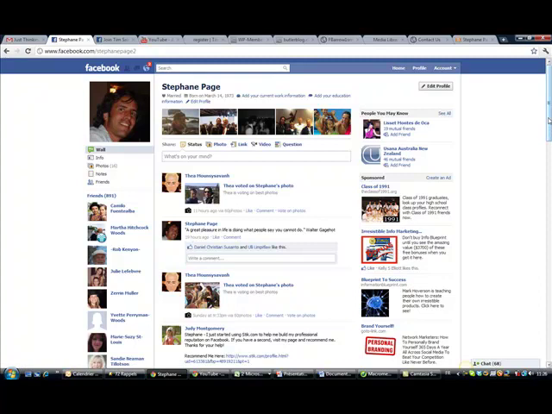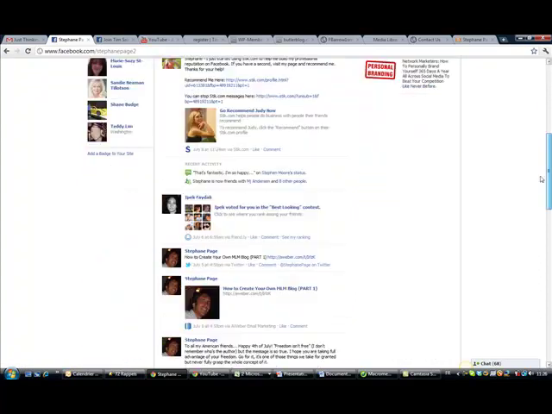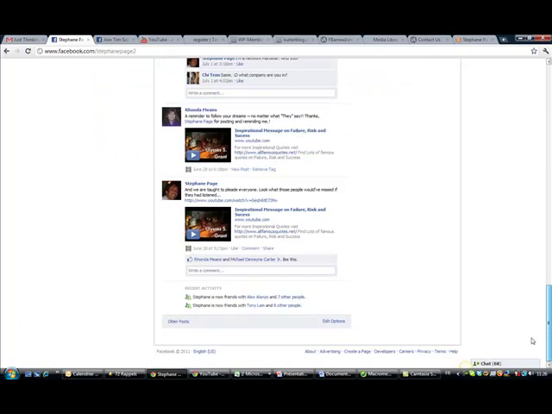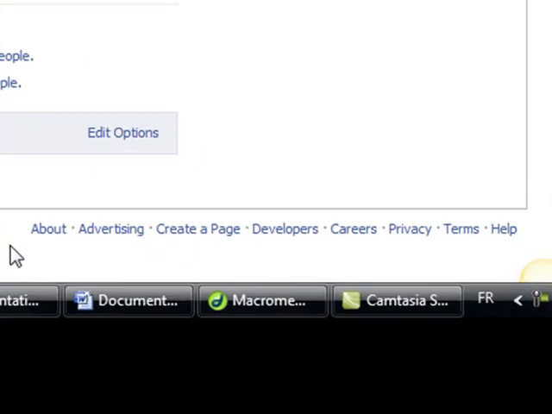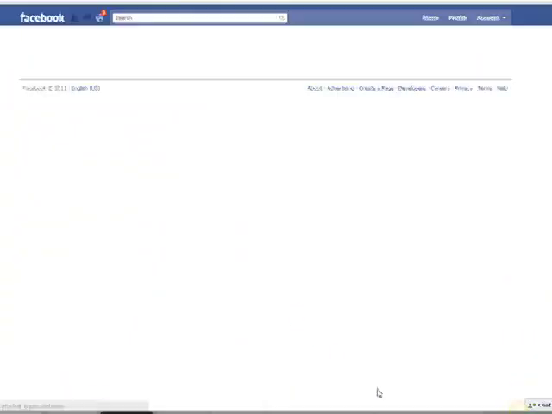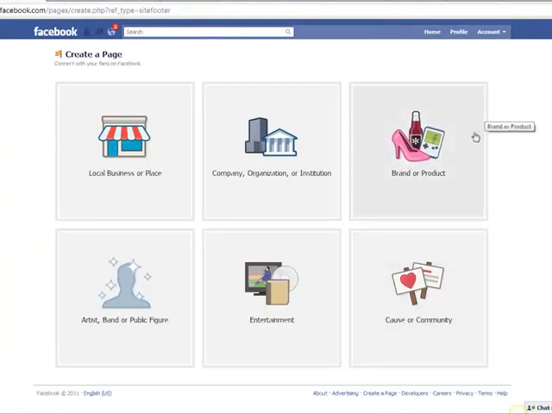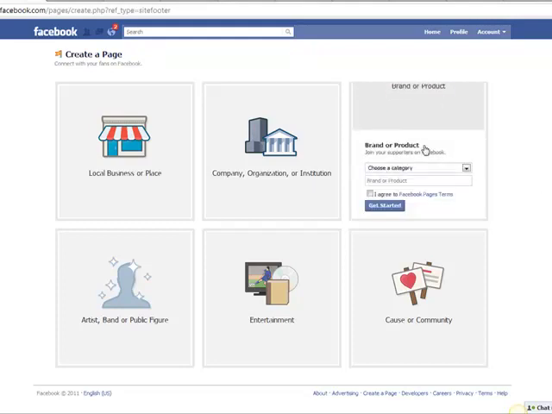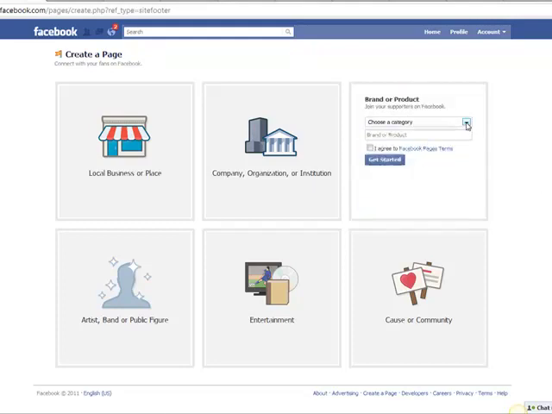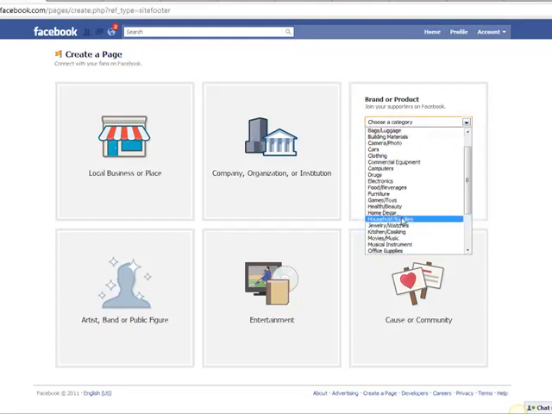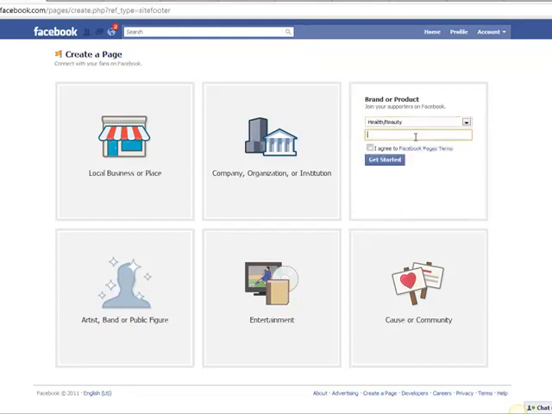So you go to your Facebook account, you scroll down to the bottom of the page, and right at the bottom there's a couple items here, and one is create a page. So you'll want to click on whatever you're trying to design the page around. So in my case, I'm going to give you an example. Let's say I want to market a product, okay, and it's going to be health and beauty, and I'm going to call it